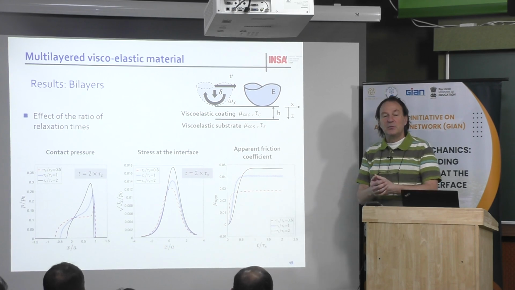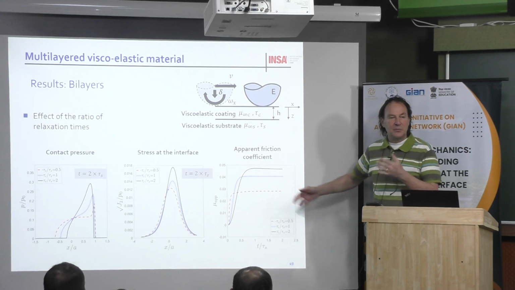Now, if you are thinking about the contact between the shoes and the floor, or a tire on the pavement, you need to increase the apparent friction coefficient. Then it depends on your application.